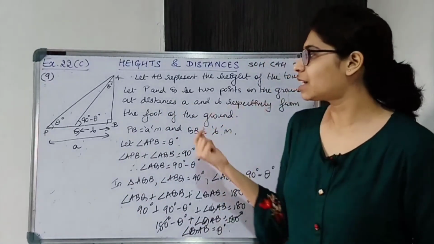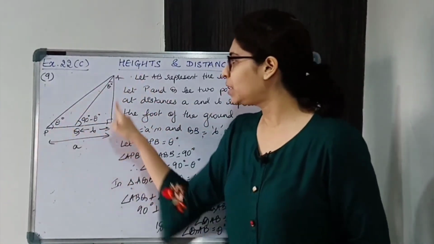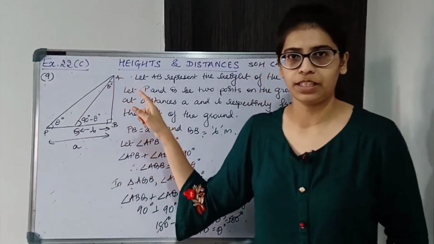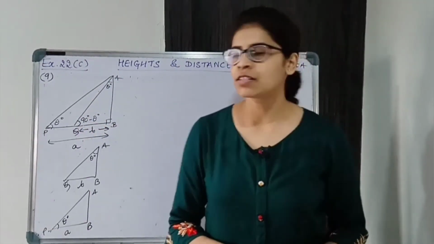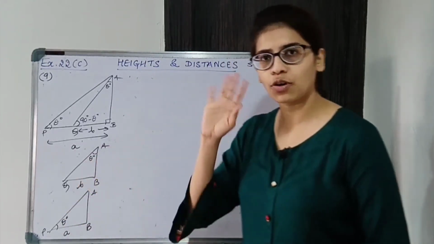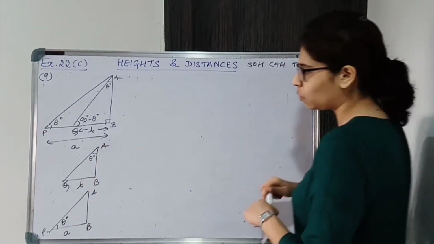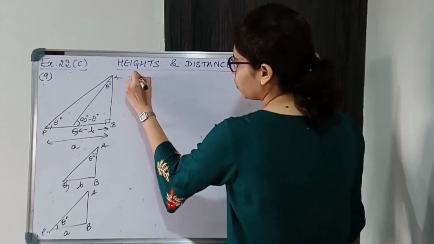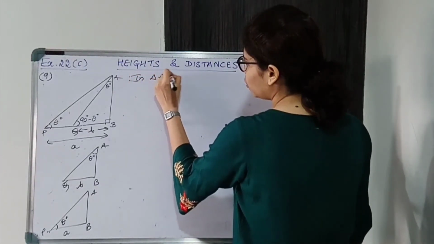So now we'll start solving. We'll consider triangle APB and triangle AQB. Now we are going to consider triangle AQB and APB. Okay, so I have drawn them separately for understanding. Now first I'll consider AQB. So in triangle AQB,